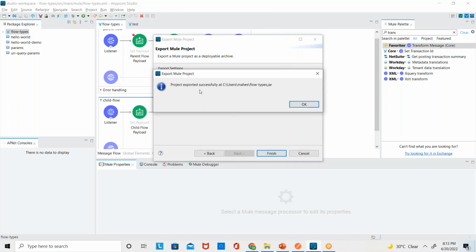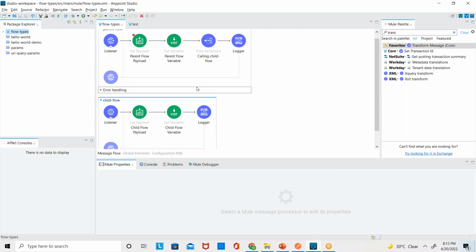See, project exported successfully where? See, Users, Mahesh, flow types jar. Okay, we'll go to that particular place and see. But before that, I just wanted to know, here I already showed you the options for opening a project and